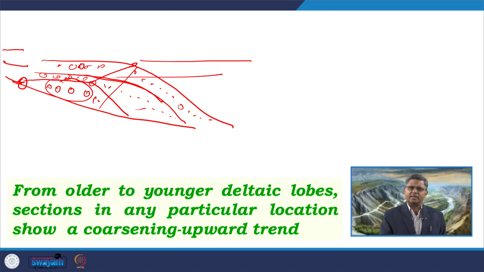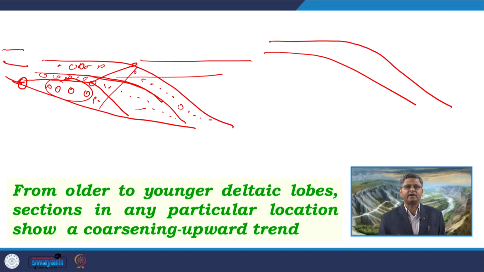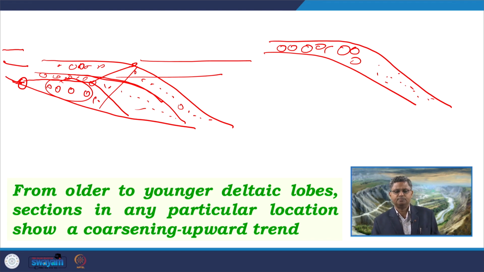But along with that, when these delta lobes are gradually accumulating one after another, they are getting stacked one after another, and at the same time they are prograding. So, what kind of trend can we expect within one delta lobe? If I try to understand the distribution pattern within the delta lobe, in this area we will get the coarsest grain sizes, and as we move forward, we will get relatively finer grain sizes within that particular delta lobe.